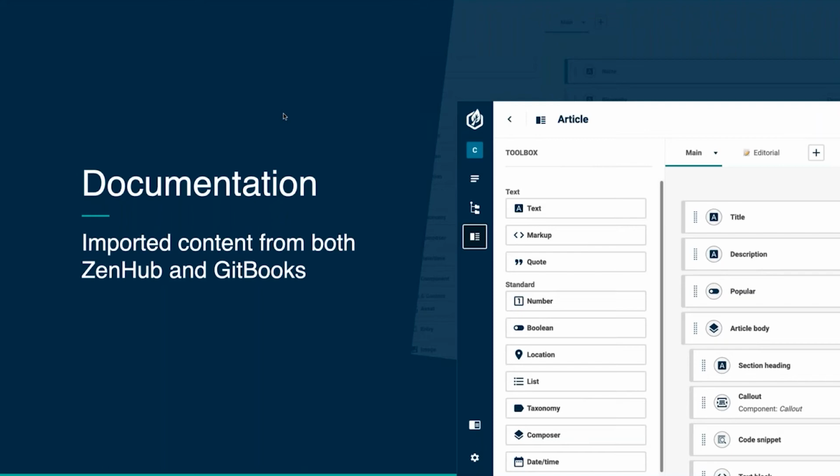So to actually import and sync this content, we built a Node.js application. Since we were writing the actual app in React and JavaScript, we felt it would make sense to keep the technology stack similar and familiar. That allowed more people to contribute to the project. We were also able to use the Contensis JavaScript management API to import all this content as well, which was